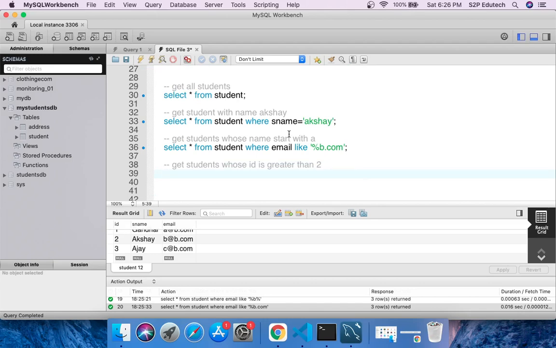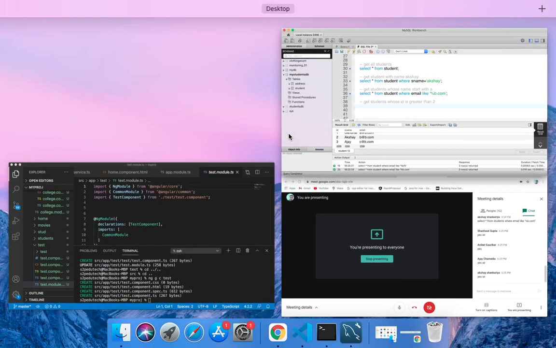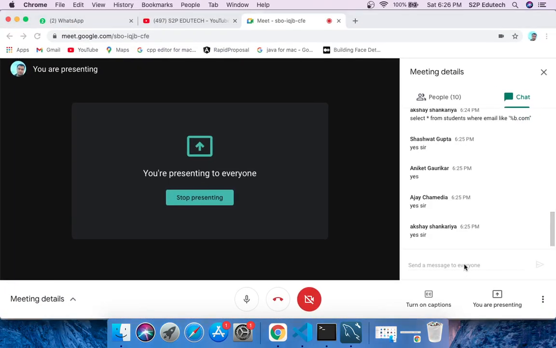What should be the query? We want all the students whose ID is greater than 2. Can you tell me the query?